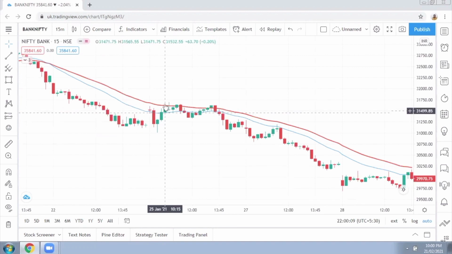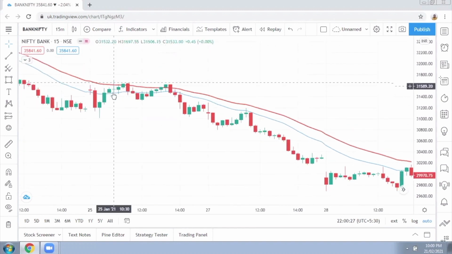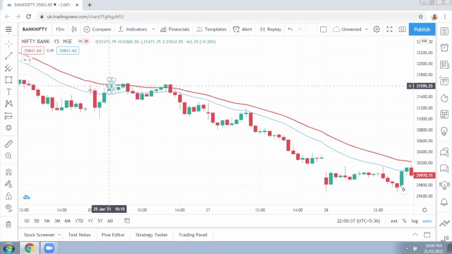So as you can see here, we get the rejection candle which is having a long upper wick. We can see it as a shooting star or dragonfly, gravestone doji, and we will take the entry once the low of that candle is breached. So I will mark this candle so that it will be visible to you, and I will mark the low of that candle. That will be my entry point for the short sale.